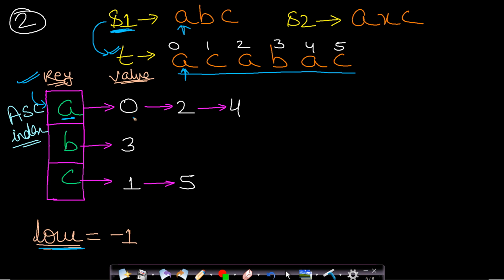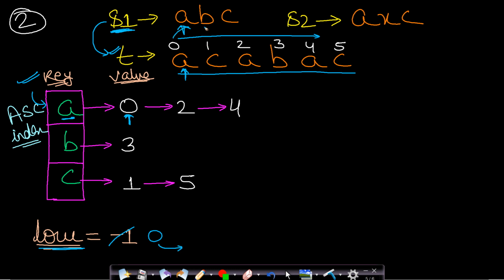So this A is occurring at index 0, so we will simply take the first index and not any other index. And by the way, this list will always be in ascending order, because while processing we have processed this string T from left to right. Okay, so index is always in increasing order, and we were always pushing the elements to the tail of this list, and therefore this list will always be maintained in ascending order. So you want to find the first occurrence of A, because later occurrence will not be beneficial for you. So you will take this index 0. So you have found an A at index 0. So now your low will be updated to value 0. This indicates that the next character you want to match should start from index 1.